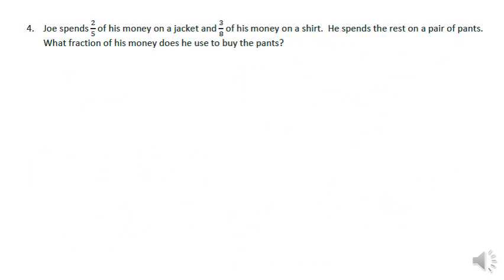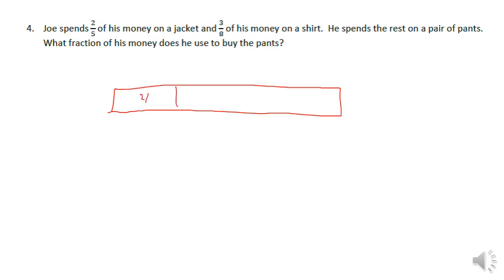Four. Joe spends 2/5 of his money on a jacket and 3/8 of his money on a shirt. He spends the rest on a pair of pants. What fraction of money did he use for the pants? Well, if we look at a tape diagram, and this one says 2/5, and that was for a jacket,